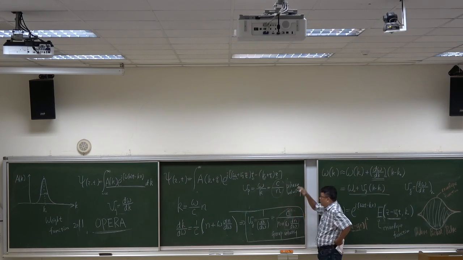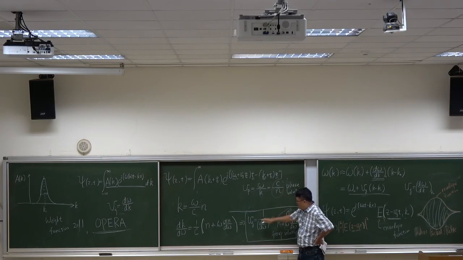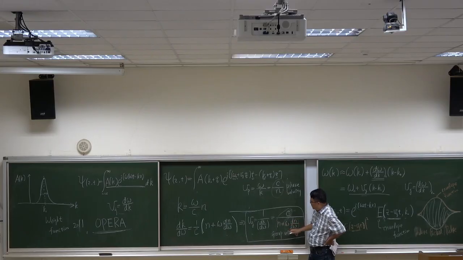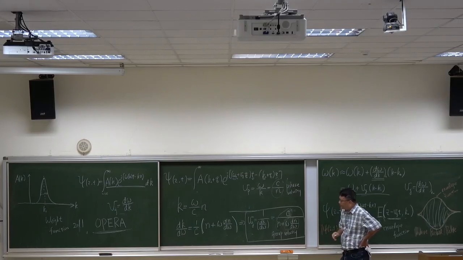Okay, and for common material, n is larger than 1. So we know that vp is lower than the speed of light. And since the denominator is larger than this one, so we know that group velocity is even lower than the speed of light. However,